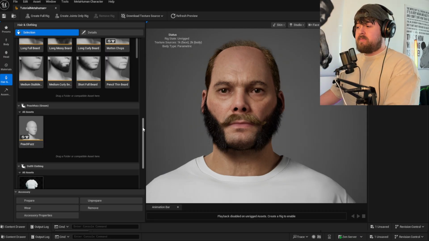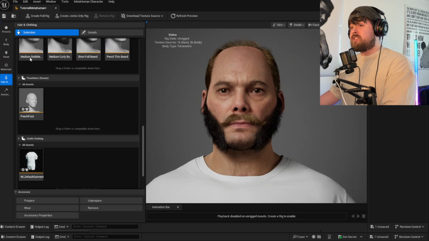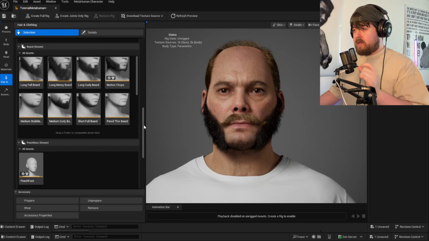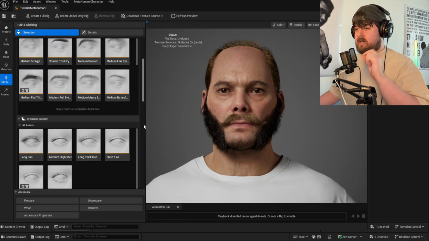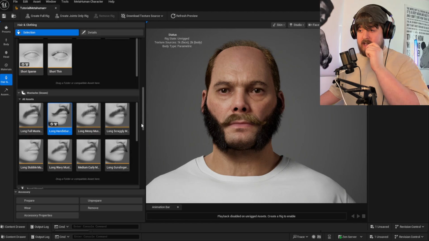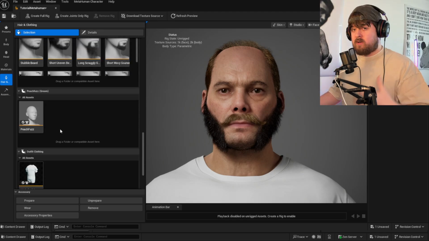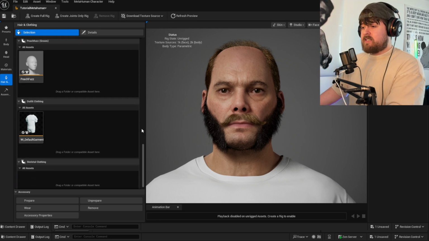Now, a heads up, peach fuzz is not automatically assigned. So if you don't use a preset, none of this stuff is automatically assigned. You're going to have to go in and apply all the grooms yourself. So make sure you go through if your character needs eyelashes, eyebrows, hair, facial hair, and peach fuzz. Make sure you go in and assign them. You just double click on the one that you want, and then you're good to go. And then the last thing here is